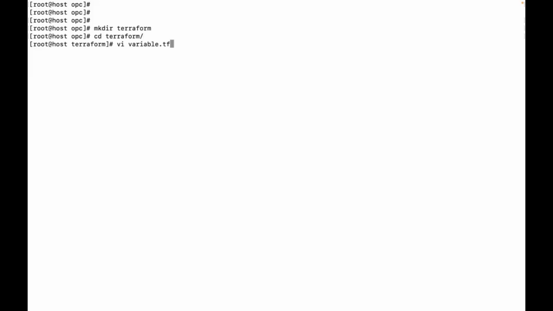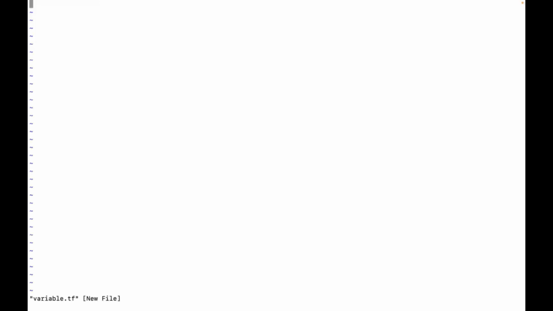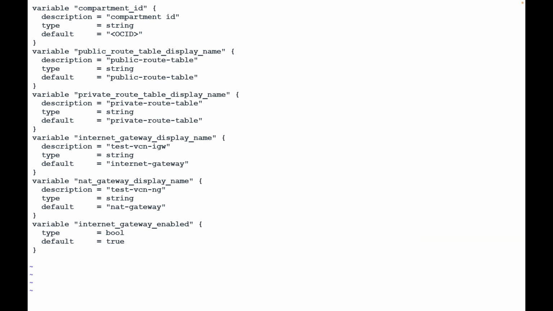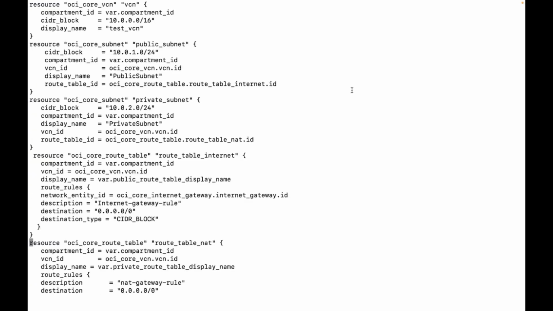In the code, we have defined the compartment ID and display name of the resources. Add the following code to the variable.tf. Save the variable.tf file. Next, in the Terraform directory, create a file called vcn.tf and define the resources VCN, subnet,